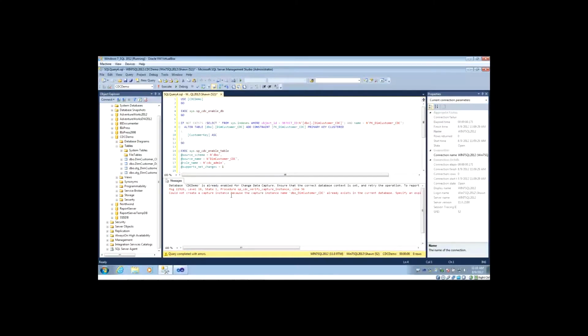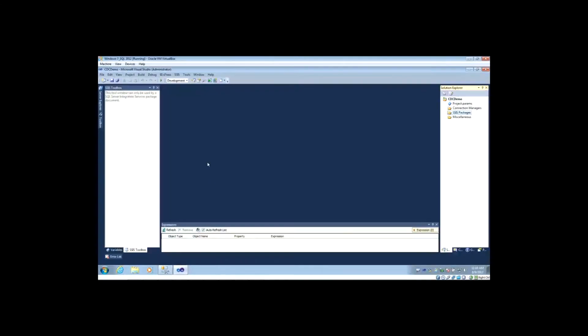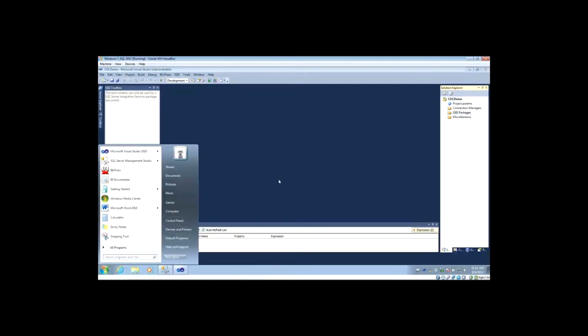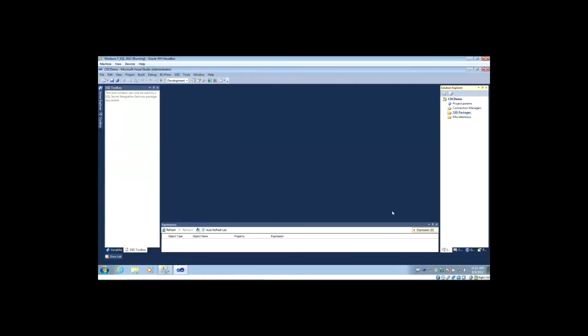So now we can actually start building packages and making changes to these. So I'm going to jump over into Visual Studio. Let's see, what do they actually call it now? In 2012, instead of calling it BIDS, it's now SQL Server Data Tools, I believe. I really miss saying BIDS. BIDS was so much better. So inside of my environment formerly known as BIDS, I'm going to create